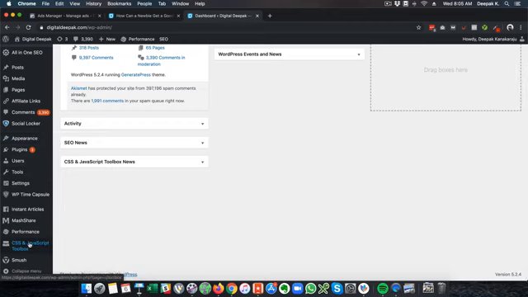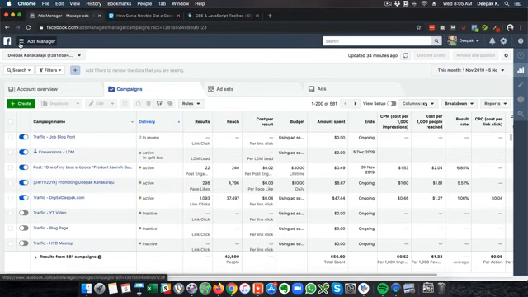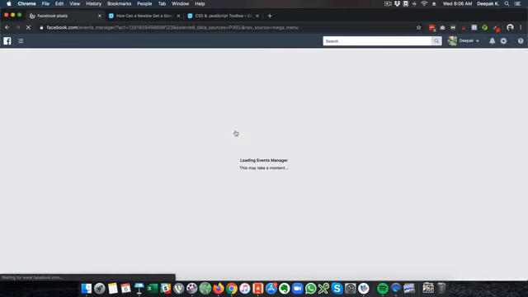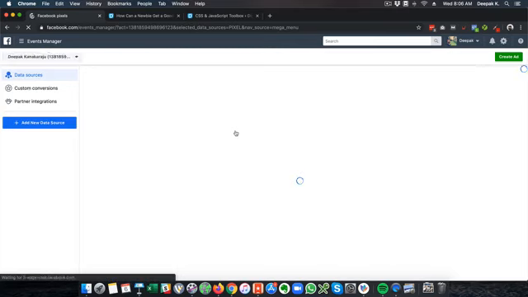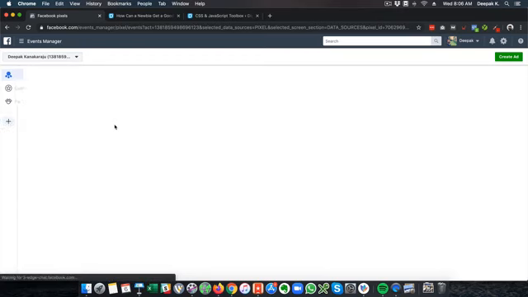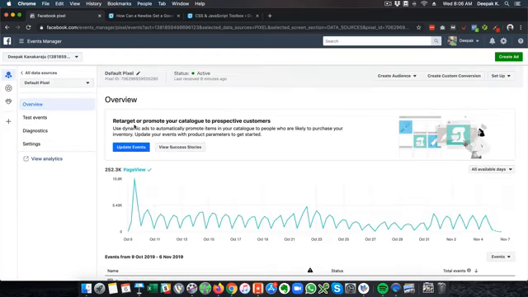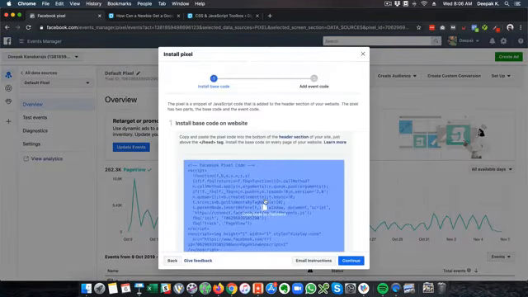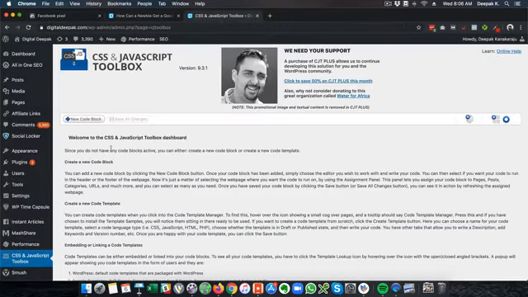What I need to do is use a plugin to install the Facebook pixel. Facebook pixel is something that you will find inside this drop down menu, and inside event manager you can click on pixels. Here you can see this is the default pixel, and I will click on the default pixel. I will click on setup and click on install pixel, and here you will be able to see the code. So I will copy this code, go to this and click on new code block,